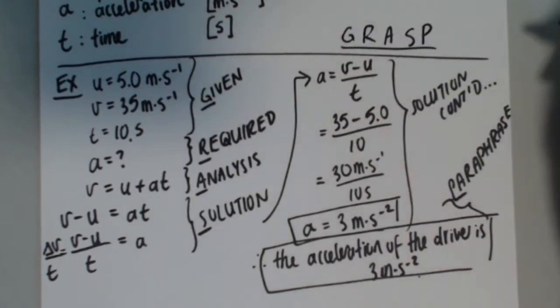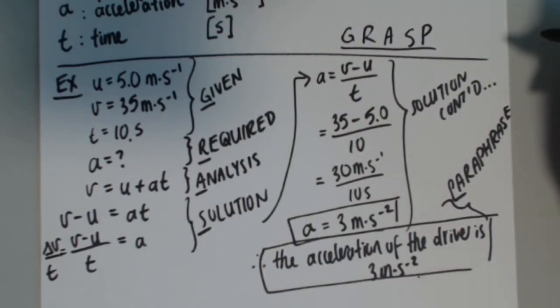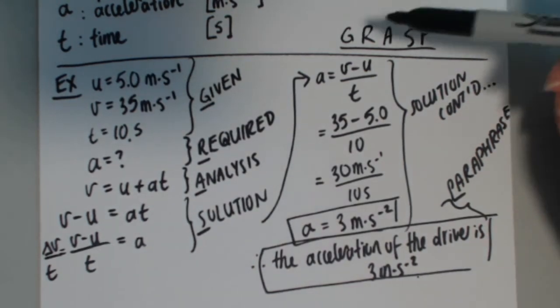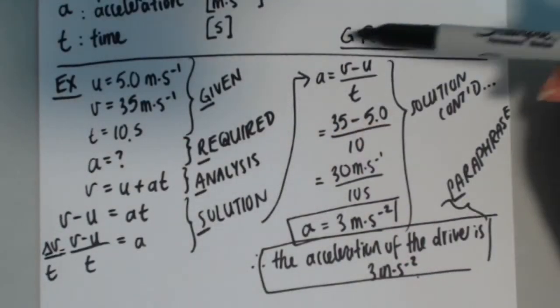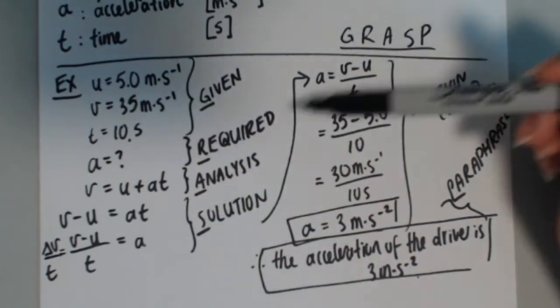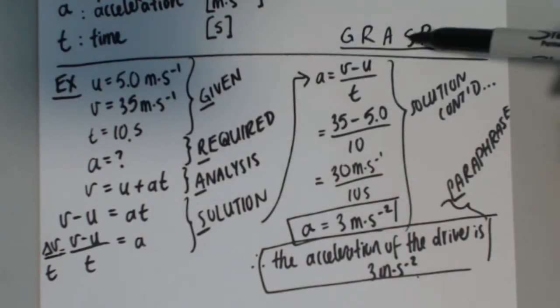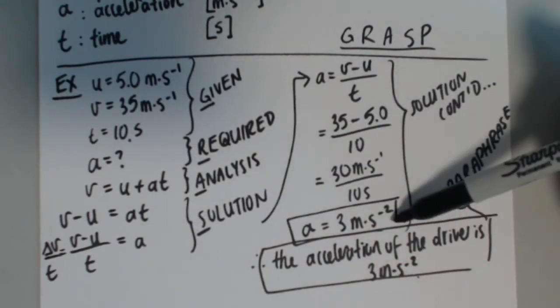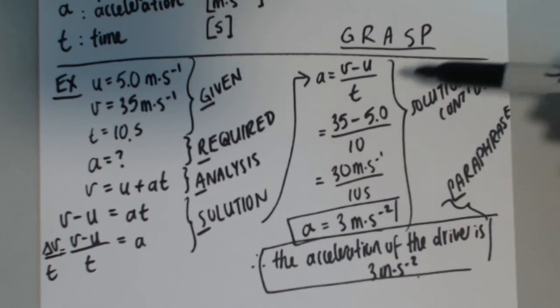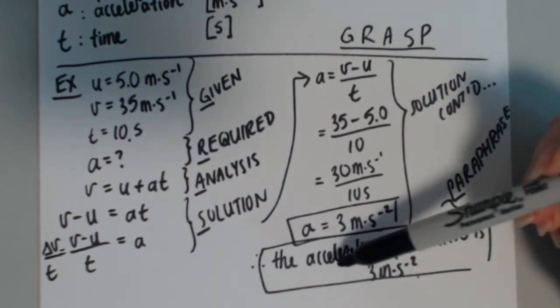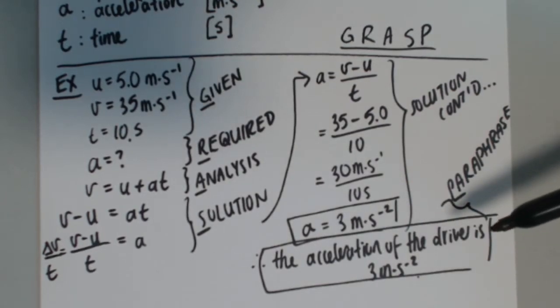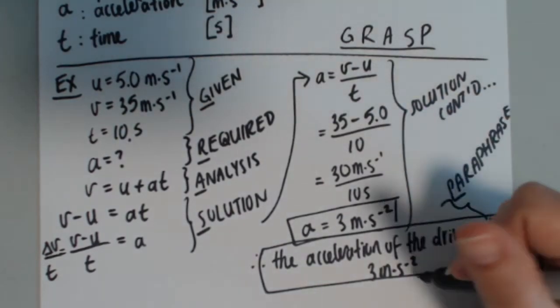G-R-A-S-P. The GRASP method is a fantastic way of showing your work and also organizing yourself for success. Always start by writing down what you're given in the problem, what's required, what you're looking for, analysis, which formula you're going to use, and solution, which is the longest part. This is where you plug in the values and come to a final answer. Paraphrase is your therefore statement. You say therefore, this is the final value, and you stick that in